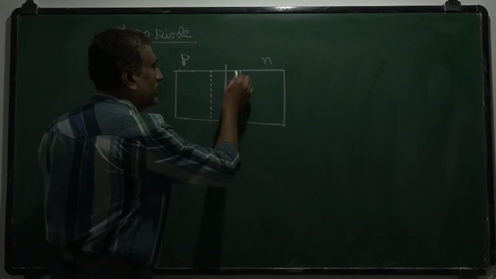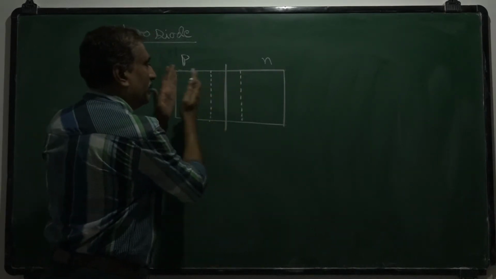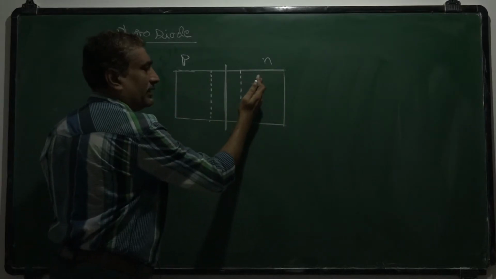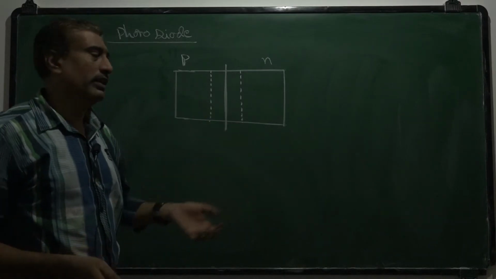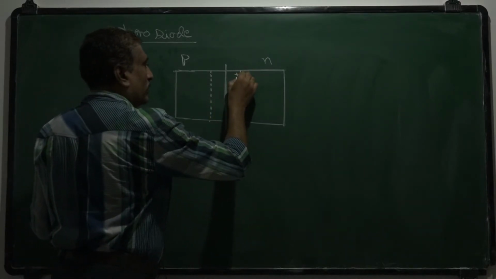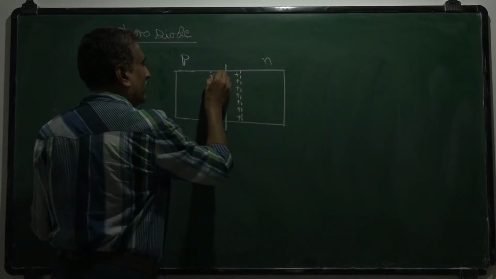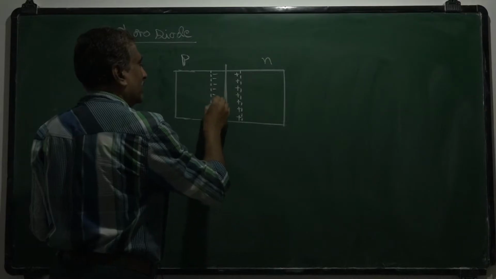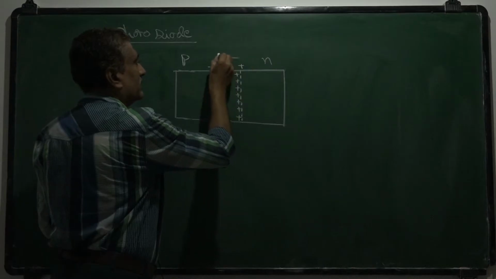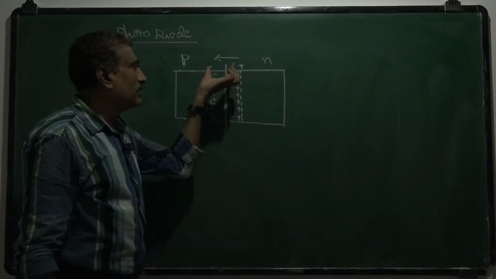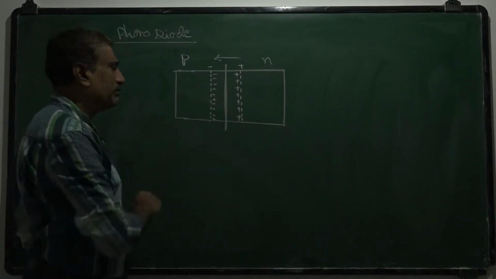So there are immobile ions in this N type region and P type region, because here an excess of electrons are there. When these electrons move towards the P side, they leave behind a positive ion in this region. So positive ions remain on this side of the junction, and negative ions on the other side, because this one accepts electrons. So an electric field is induced here like this, and the potential across this depletion layer is what we say, the barrier potential. As we know this.